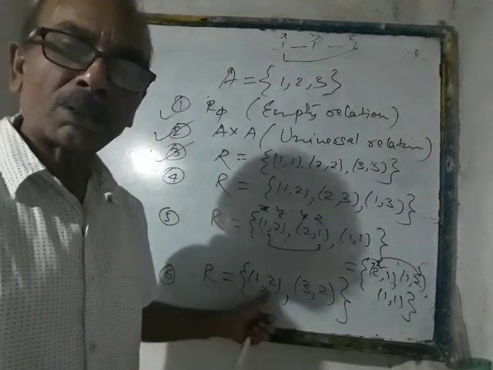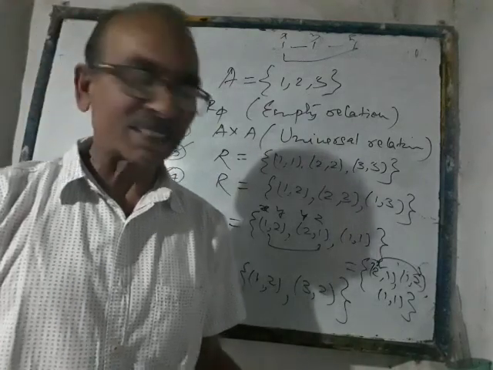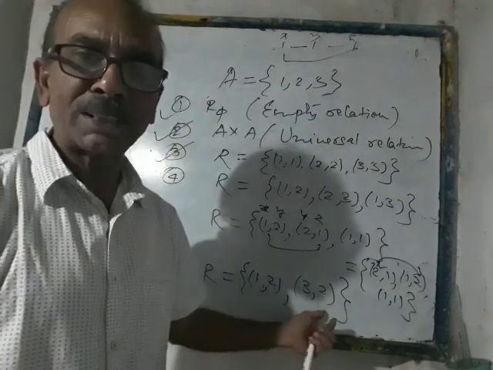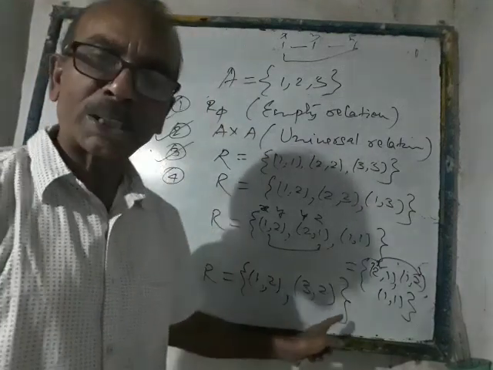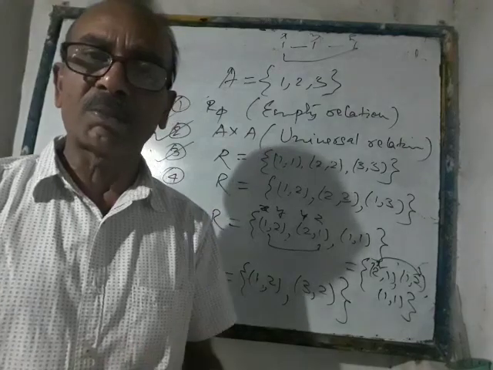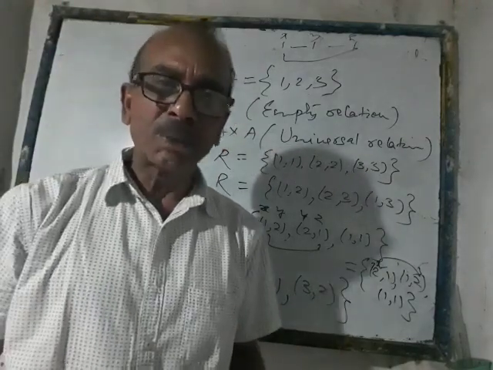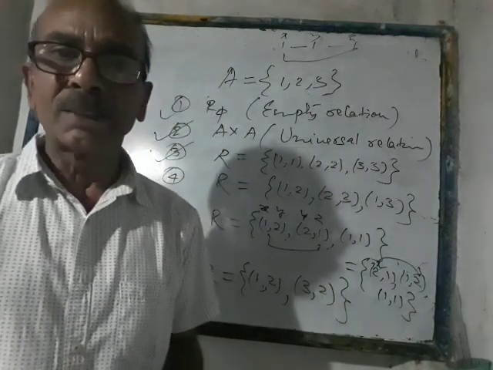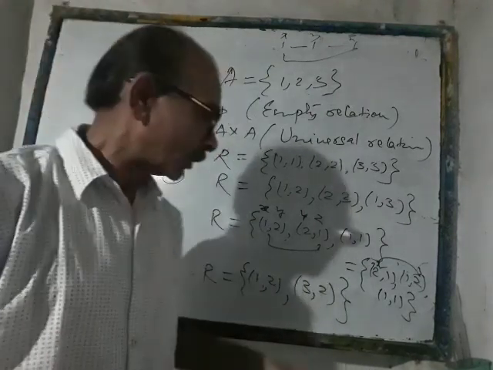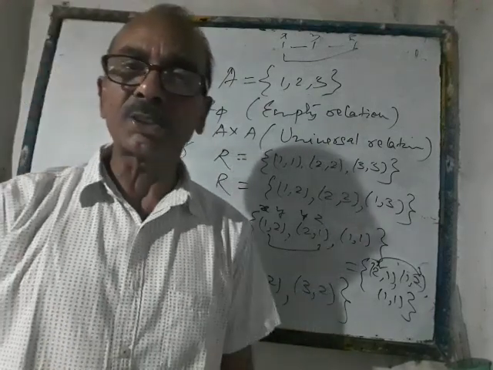So if it is (1, 2), no pair is starting with 2, so no question of looking for (x, z). Again (3, 2), again ending with 2, and no one is starting with 2, so no need of checking whether (A, C), that is, the first and third, are related or not. Means we don't have enough elements to contradict the transitivity of the relation, and hence with the benefit of doubt, we can say that this is none other than a transitive relation.